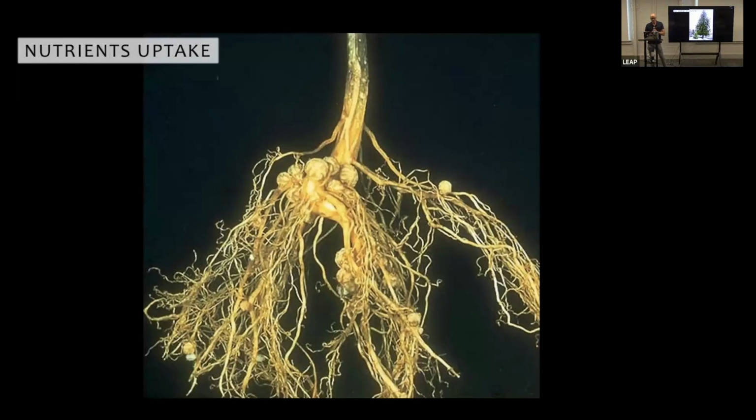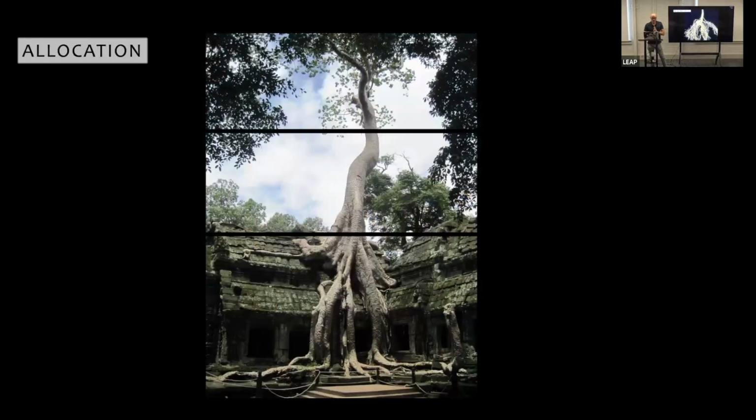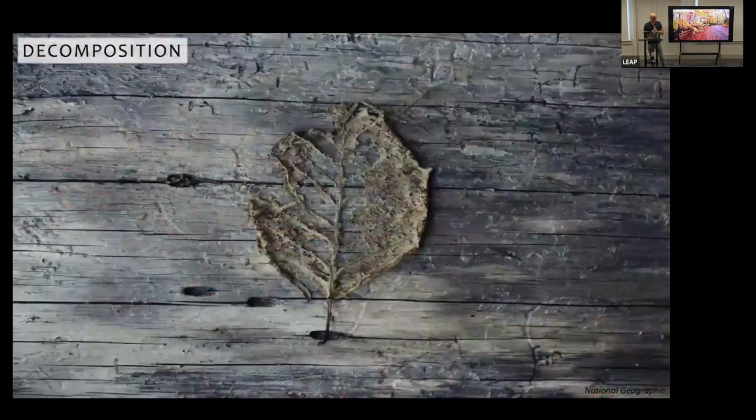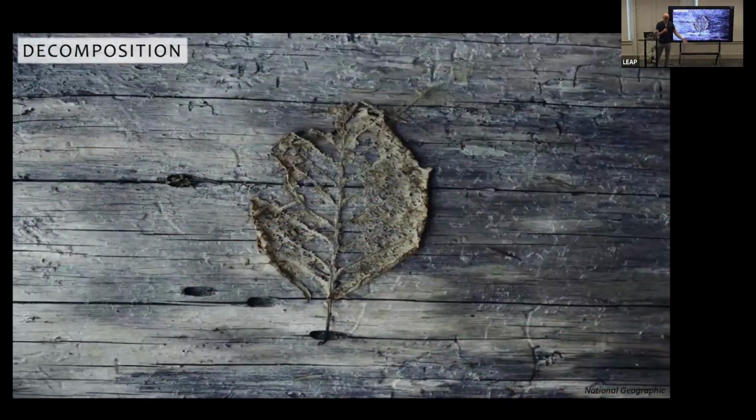And then we've got nutrient uptake constraining carbon uptake as well. And then how carbon gets allocated into wood and roots and leaves and exudates and other plant components. The climate models have to drop leaves at the right rate so that the leaves aren't on the canopy at all times and then suddenly fall off, or never at all. And then they have to decompose at the right rate. So when the leaves hit the floor, they don't instantly decompose, but they don't sit there forever.